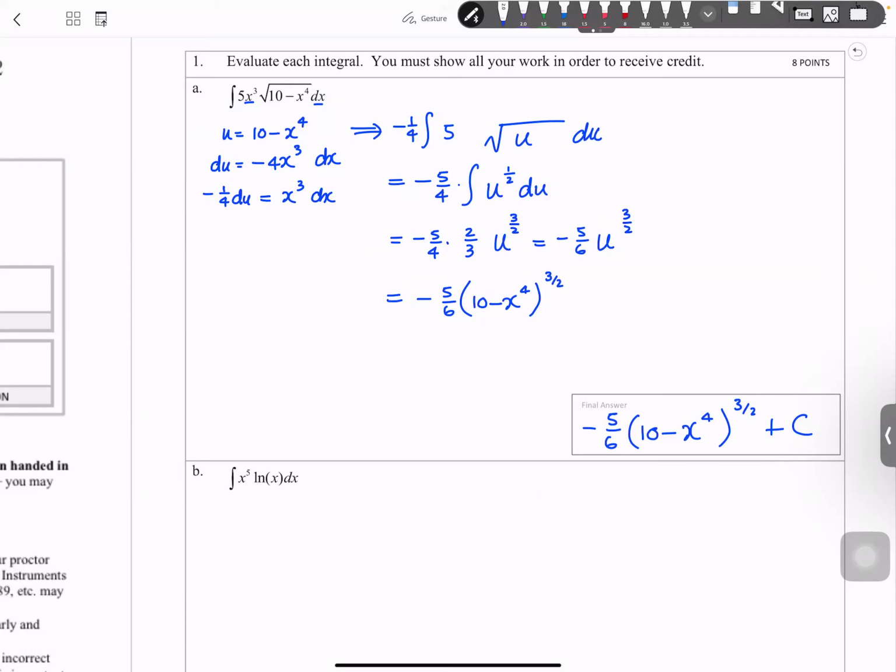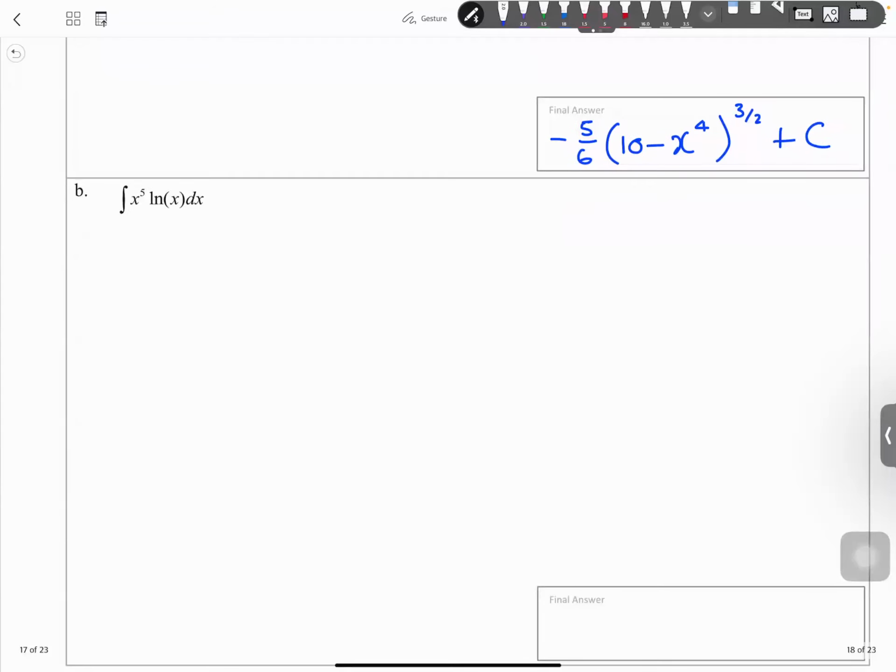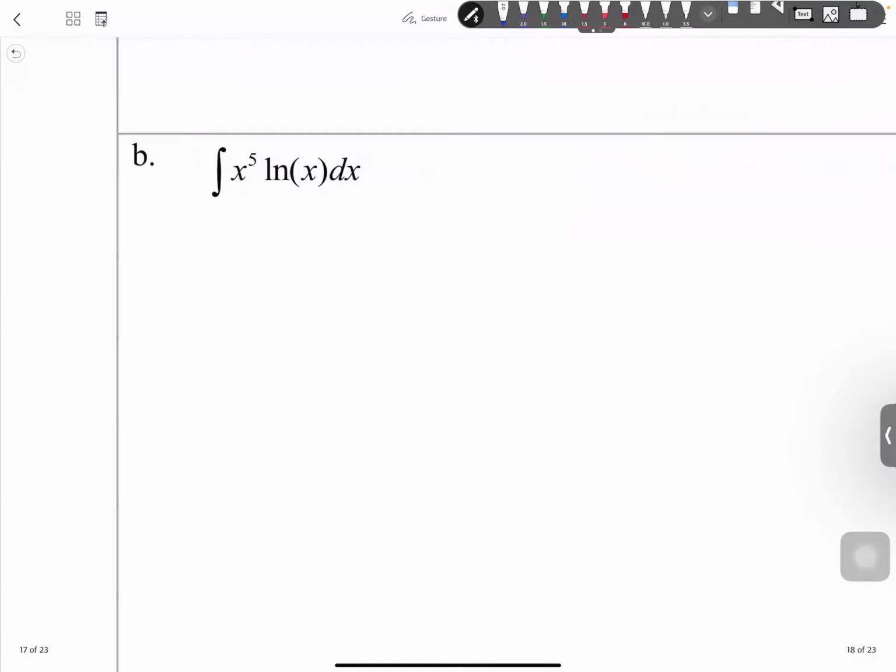Not hard, right? This is not very challenging yet. Let's see if it gets harder. I don't think it does. All right, part B, we have the integral of x to the power 5 times natural log of x dx. All right, this is a textbook integration by parts problem. It is a product between two different families. So remember the LIATE principle,